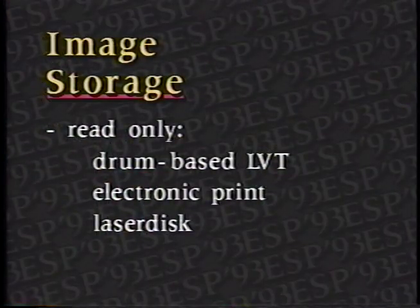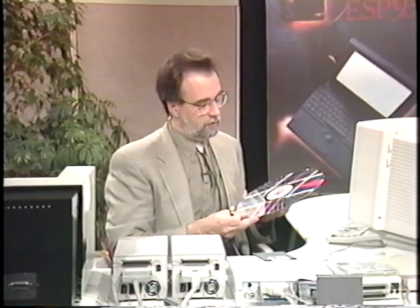And we have laser disc, an analog technology, but capable of keeping large quantities of images on both sides of this particular disc. We don't have the drives here for that today. All right. Well,